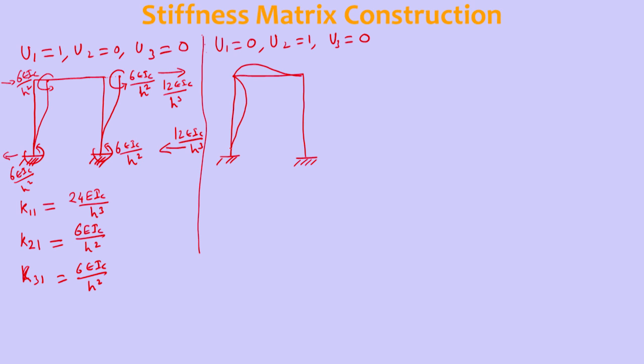When we give 1 unit anticlockwise rotation here, where the far end is fixed, how much moment is needed if you look at only the beam? It is 4 EI beam by length, and here 4 EI column by H,